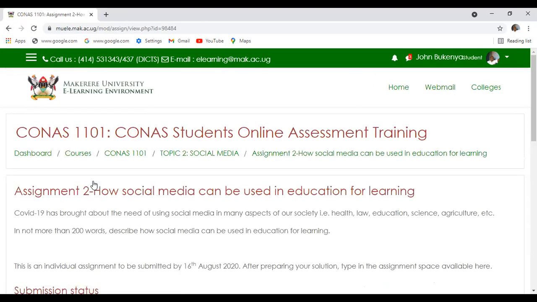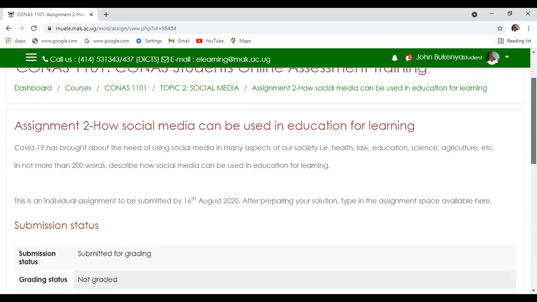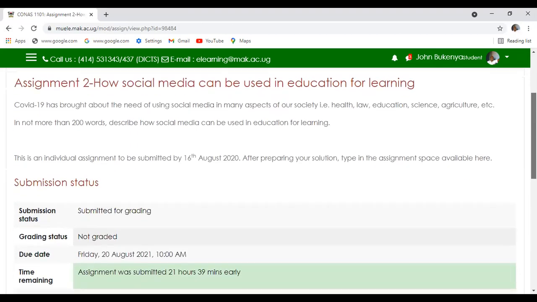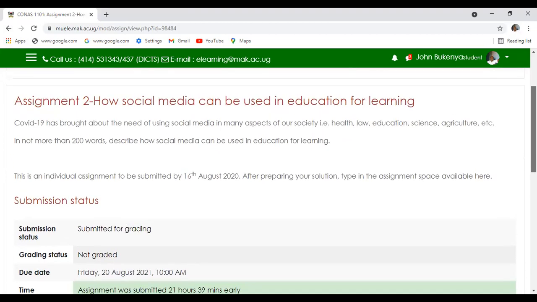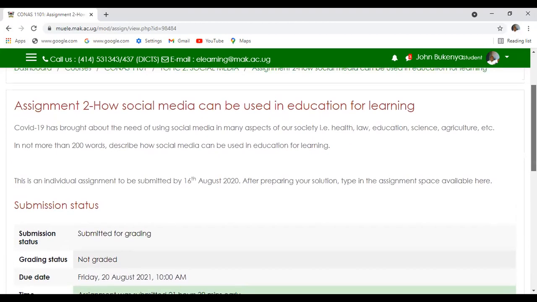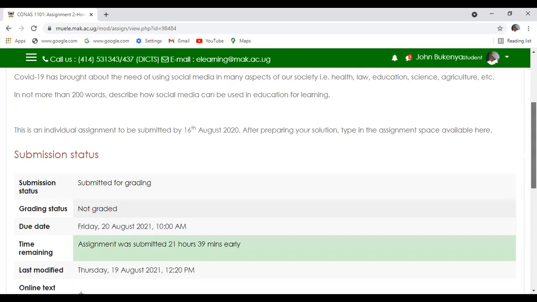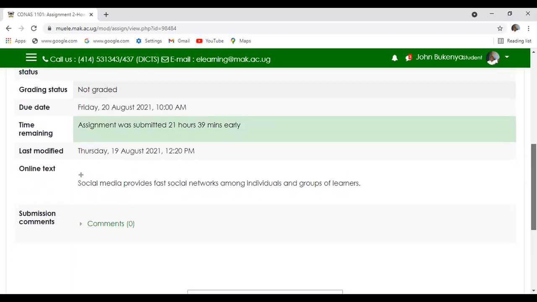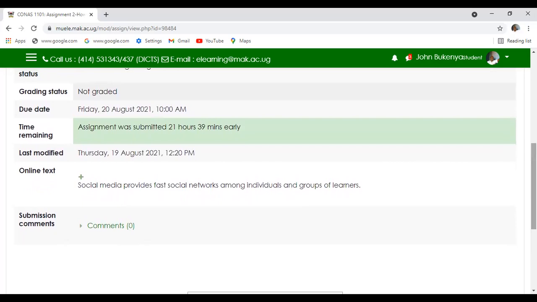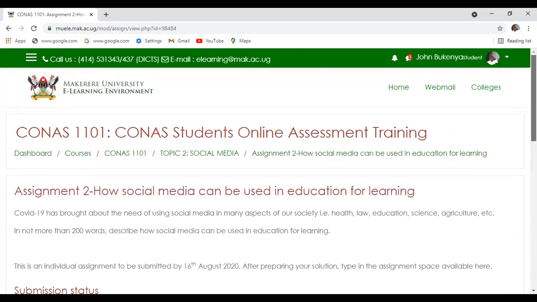So when I click on assignment directly, I'll be able to get something like this. But it shows the submission status, meaning that I attempted that assignment as a student. But assuming I hadn't yet attempted it as a student,